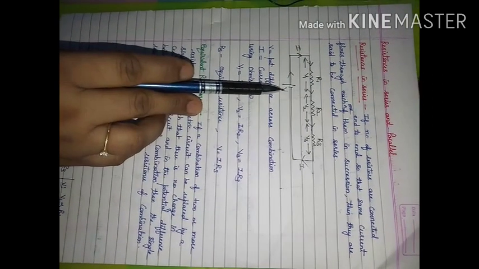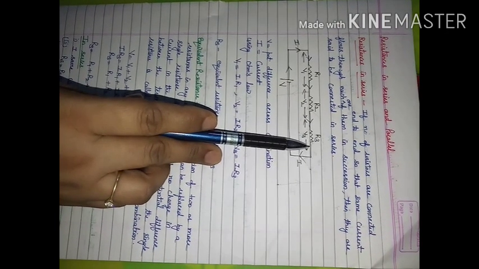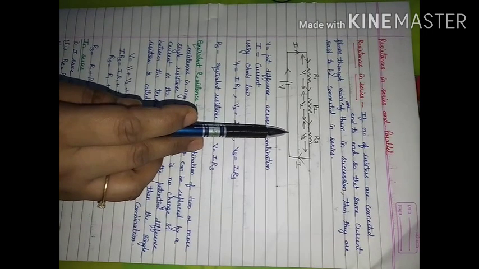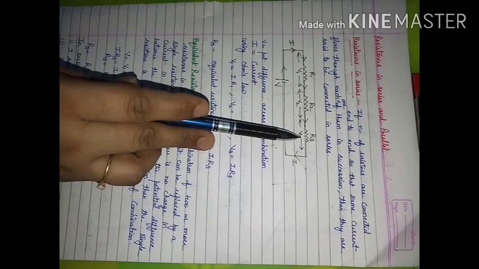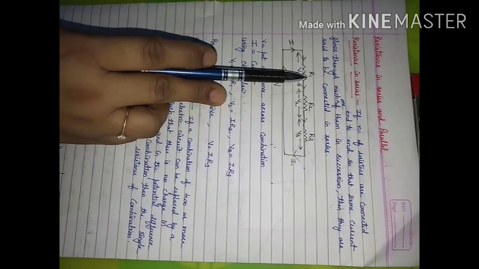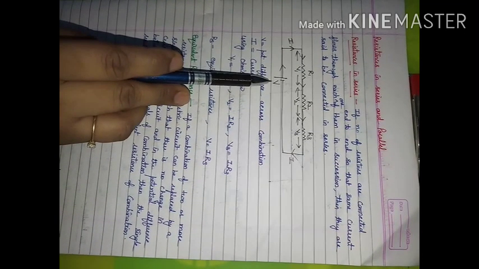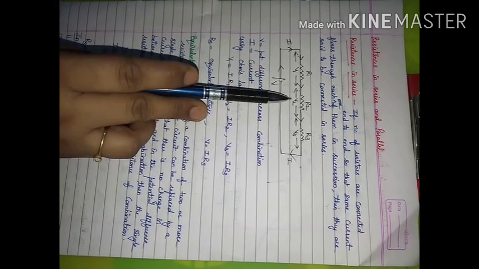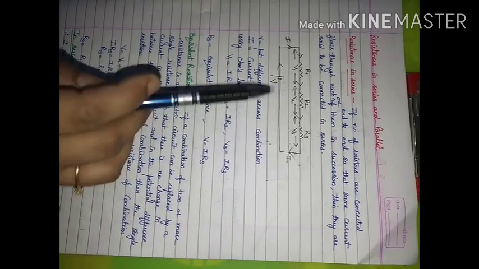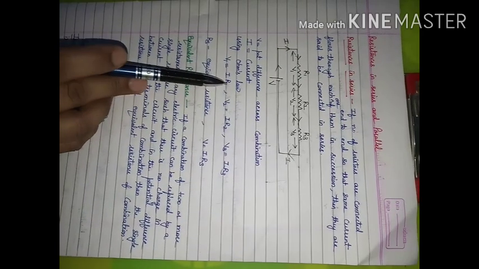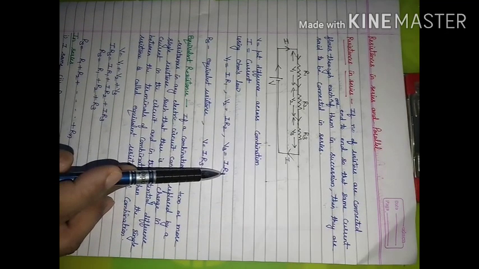In this case, potential will get divided across R1, R2 and R3 because according to Ohm's law, V is equal to IR. Current flowing is the same but R is different, so the potential drop will also be different. Potential across R1 will drop in accordance with R1. So here potential is dividing. V will be equal to V1 plus V2 plus V3 and then using Ohm's law we can put the values. V1 will be equal to IR1, V2 will be equal to IR2, V3 will be equal to IR3.